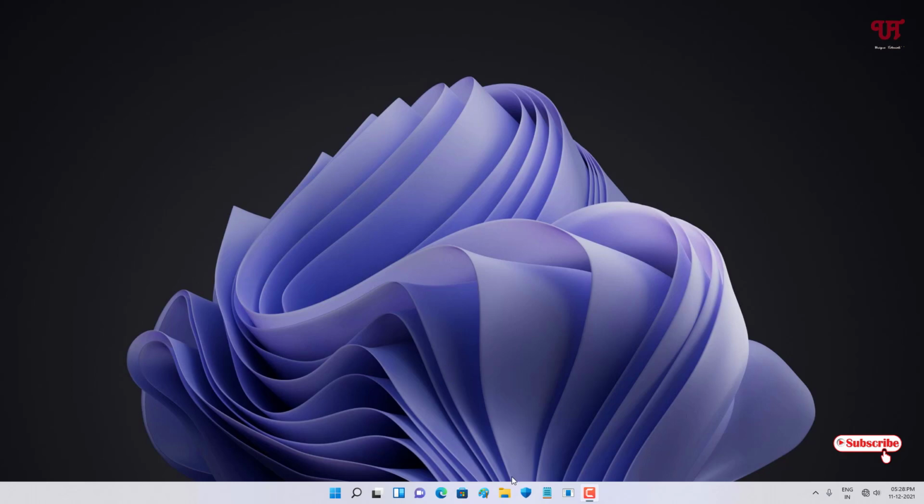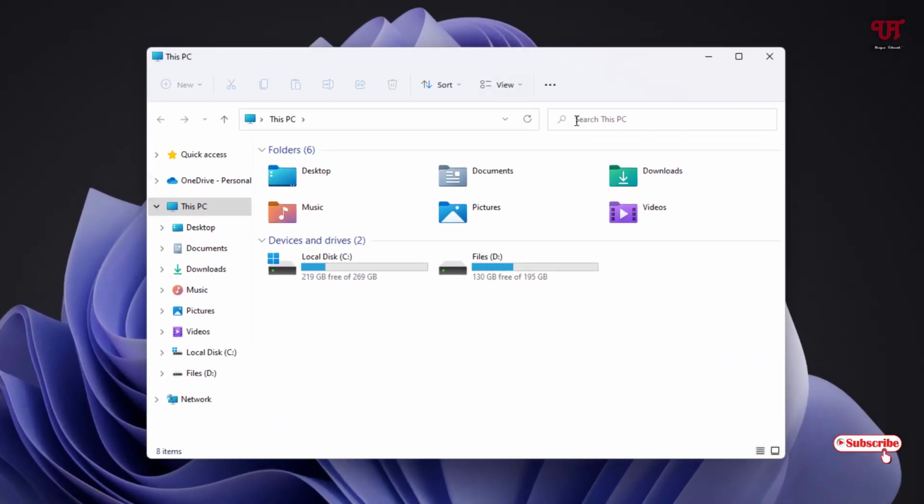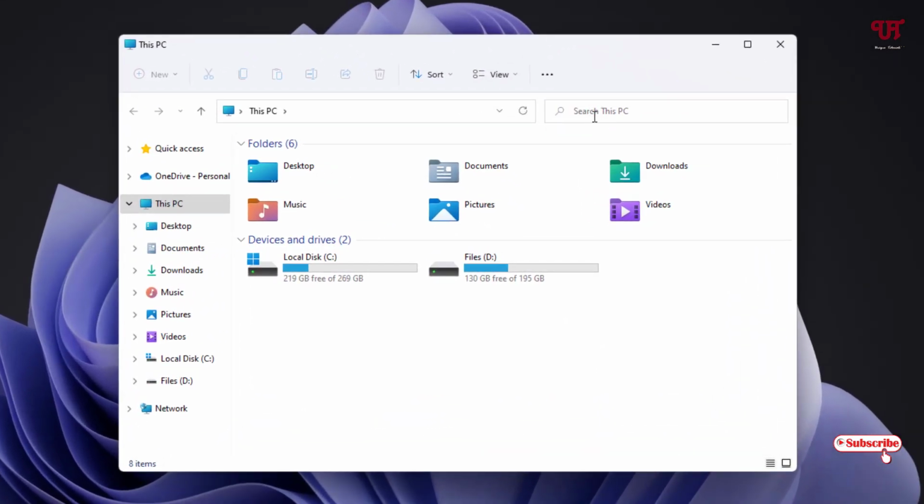So let me open the Windows File Explorer. You can see here on the top right corner, Search This PC, right? If I search any topic or word or any letter of the alphabet, it will display all the folders, files, everything that is present in my Windows hard disk storage, right? So I want to hide or exclude a particular folder from showing while I search any word or files